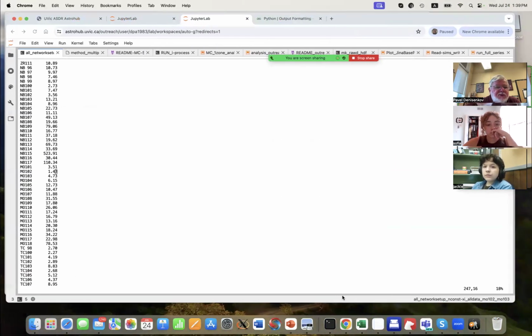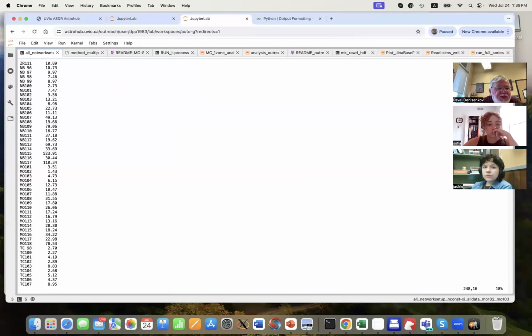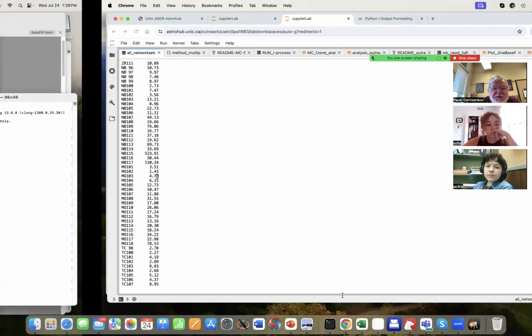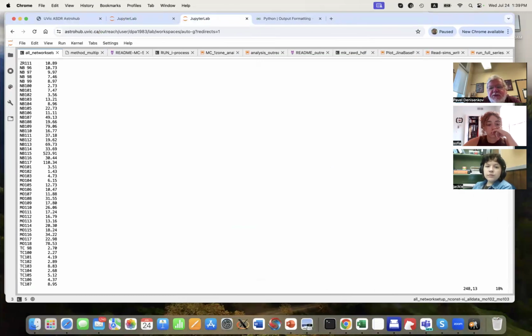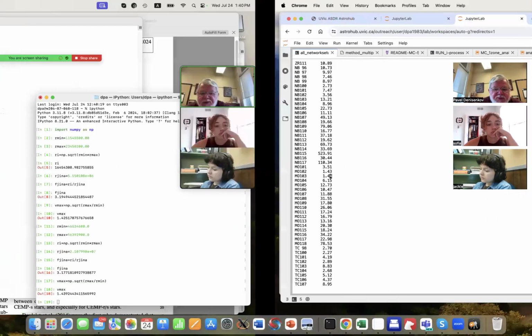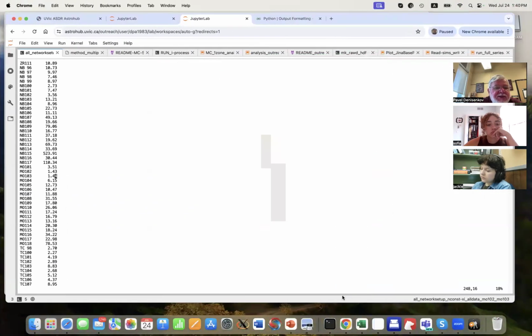So therefore I go here, molybdenum 103, 1.44. The previous one was 4.73, larger. So your efforts, your experimental nuclear physics experiments, reduced uncertainty, which is very good. Now we can predict abundances in stars with better accuracy. So I have changed the Vmax maximum variation factors for these two reactions, molybdenum 102 and 103.